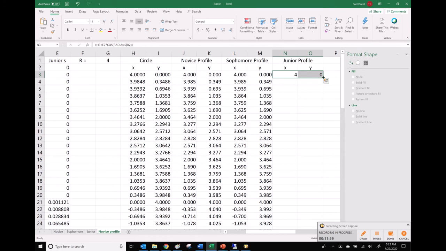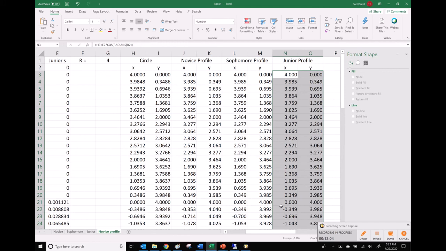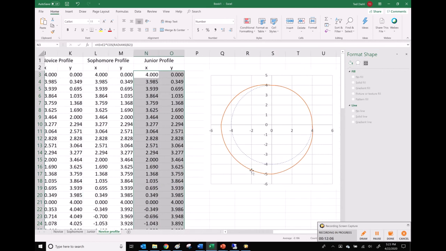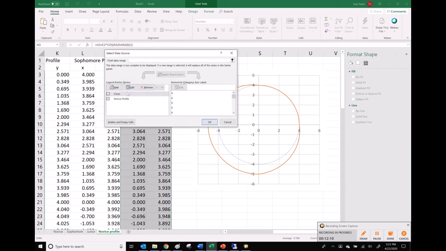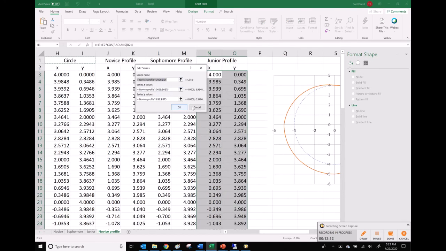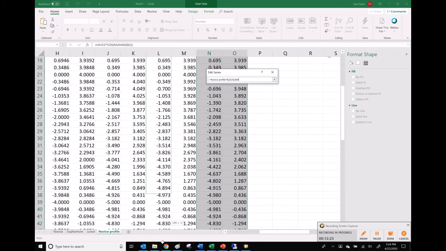And now double click here in this little corner, and let's get rid of some decimal places to neaten the thing up. And so if we want to add in, select data, and I'm going to add in, not edit, I want to add a name, sophomore profile, get the X's,